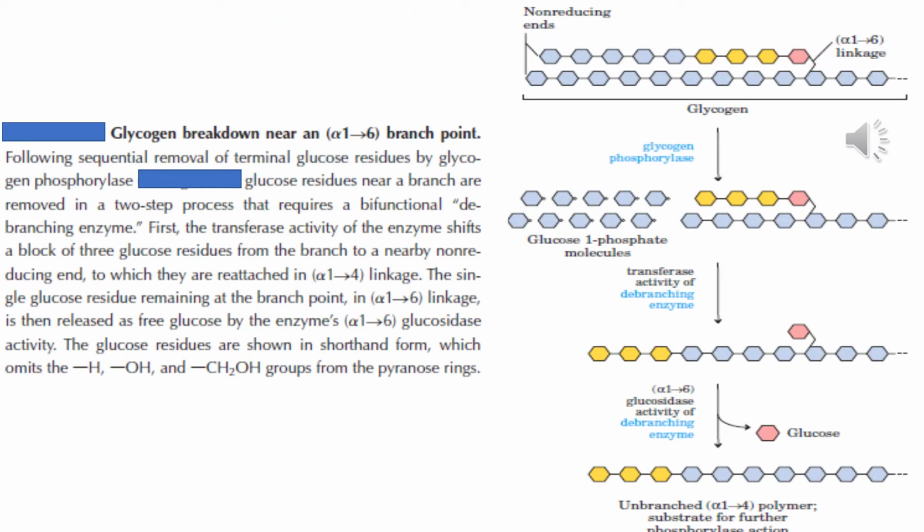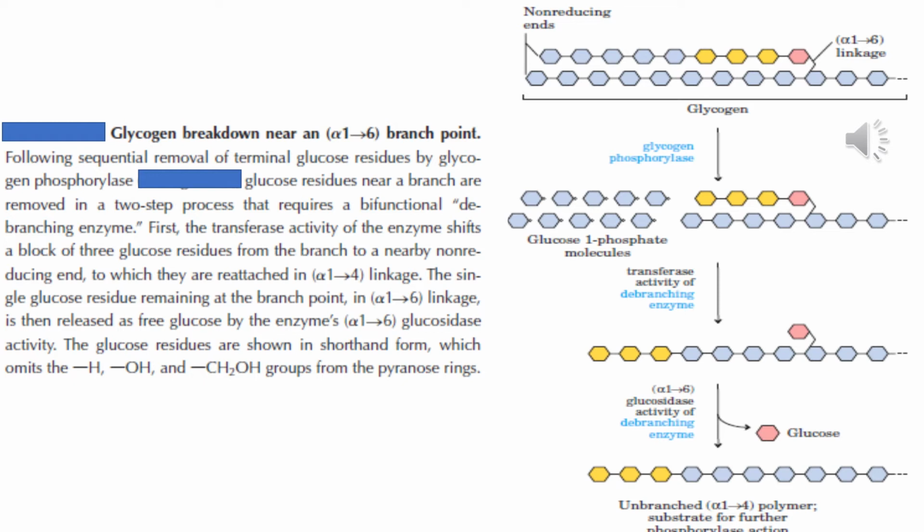How is the branch point of a glycogen removed? Look at the glycogen molecule in the uppermost figure. It consists of two chains. The upper chain is bonded to the lower chain by means of an alpha-1,6 linkage. You may look at the pink colored glucose joined with the lower chain. Then, as usual, glycogen phosphorylase enzymes remove glucose 1-phosphate molecules one by one until 4 glucose residues remain after an alpha-1,6 linkage. Look at the yellow colored glucose residues 3 and the pink colored glucose residue 1.